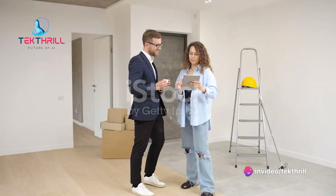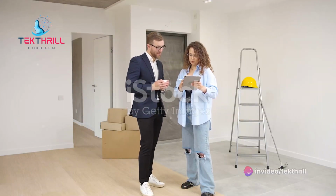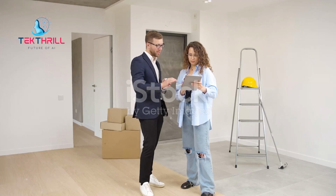The app's artificial intelligence kicks in to understand the dimensions and aesthetics of your room. It analyzes your space